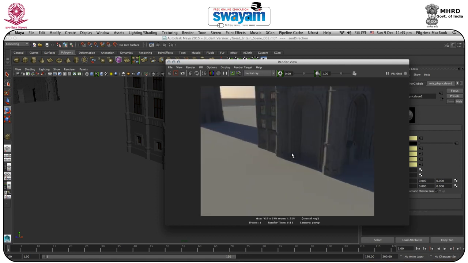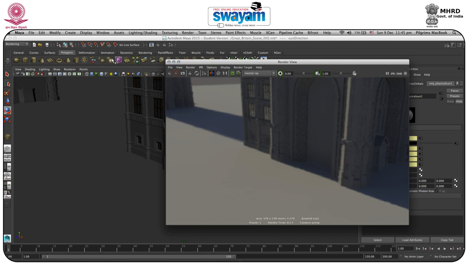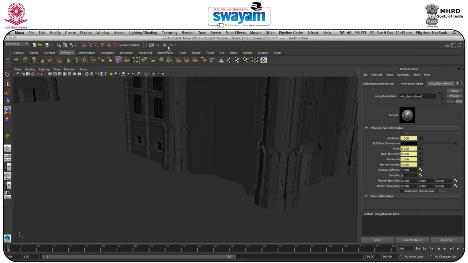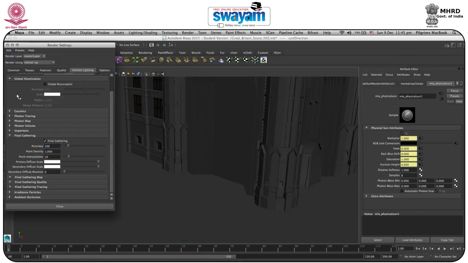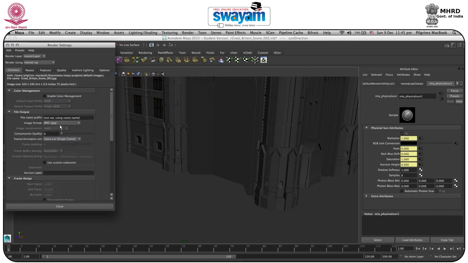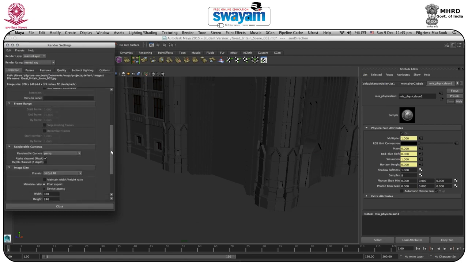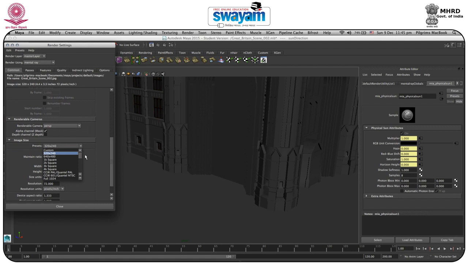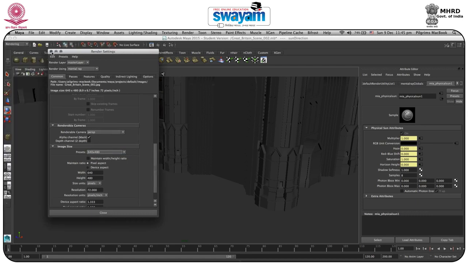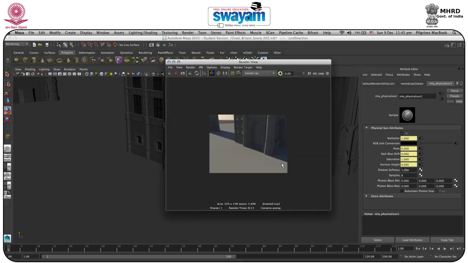As you can see, the part of the shadow, so I will do one more thing. We just increase this a little bit. I think we should go for 640 by 480 and do a test render.